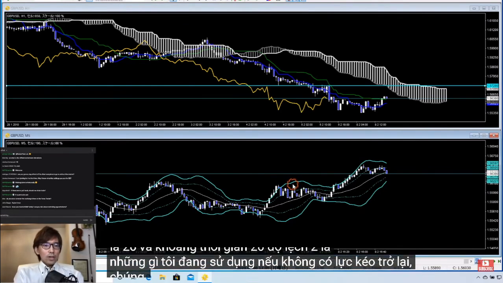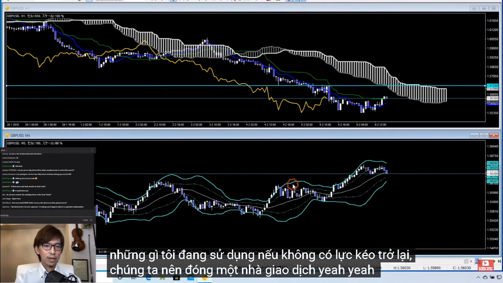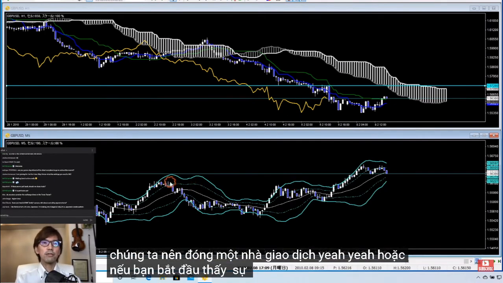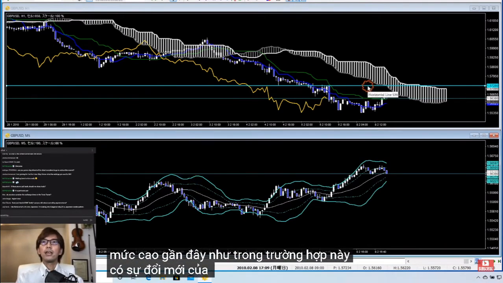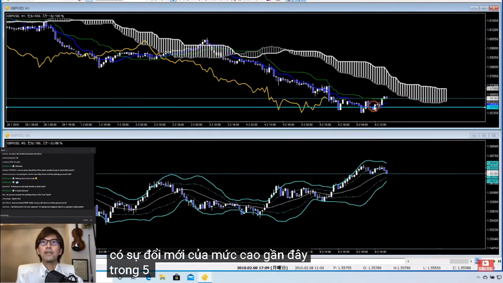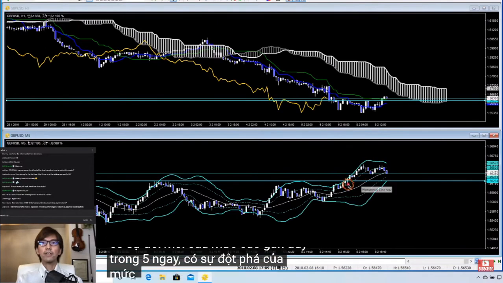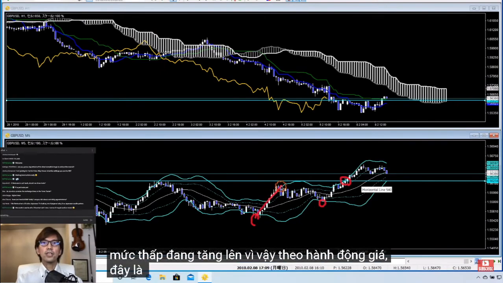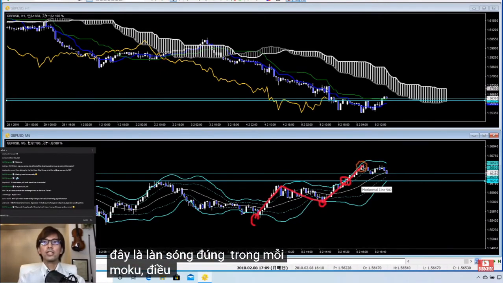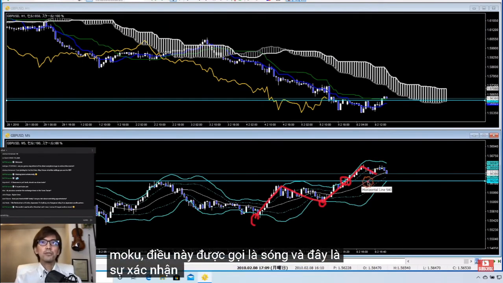If there's no pullback, we should close the trade. Or if you start to see the renewal of the recent high upwards, like in this case, there was a renewal of the recent high upwards in 5, right? There is a breakout of the recent high upwards, and also the lows are getting higher. So by the price action, this is N wave, right? In Ichimoku, this is called N wave,